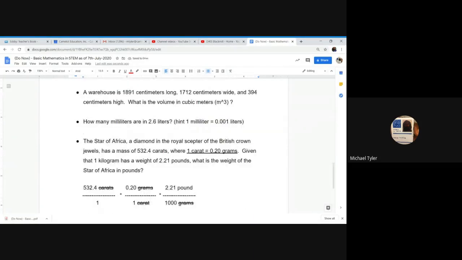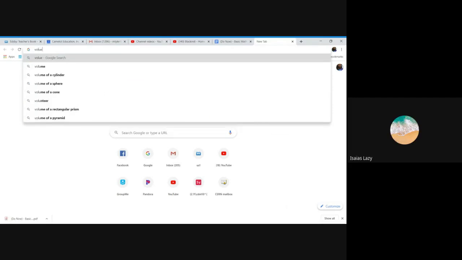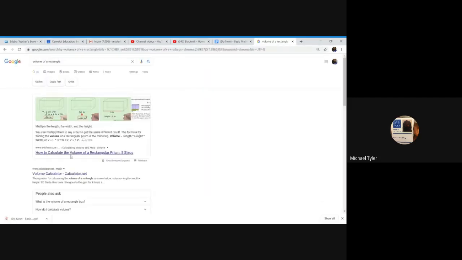So a warehouse has, I think it's better if you see it, but the volume of a warehouse is usually in a block. So you have length, width, and height, right? You know the equation for that from elementary school or maybe geometry class. So the volume of, say, a rectangle is length times width times height, as you can see. Can you see that? Yeah. So they give you that in the problem.